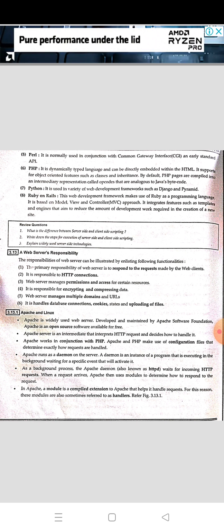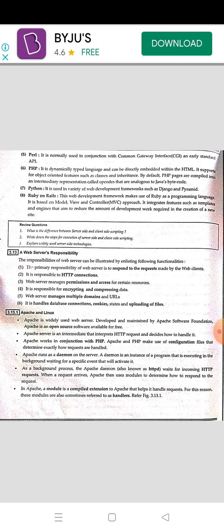Then the next language is Python. You all have learned it, I think. It is used in a variety of web development frameworks such as Django and Pyramid. Then Ruby on Rails. This web development framework makes use of Ruby as a programming language.